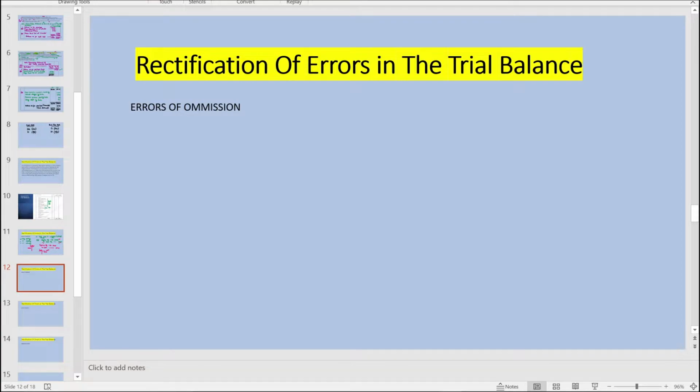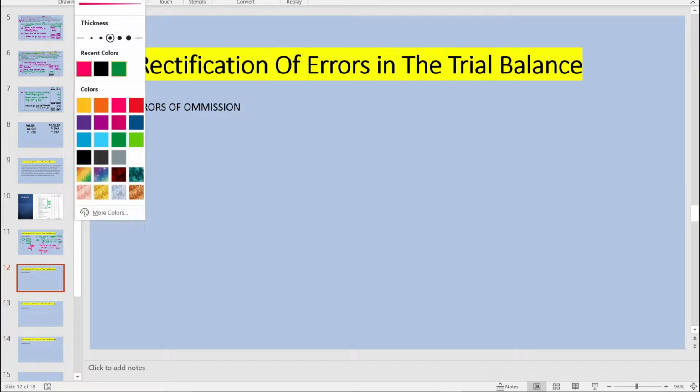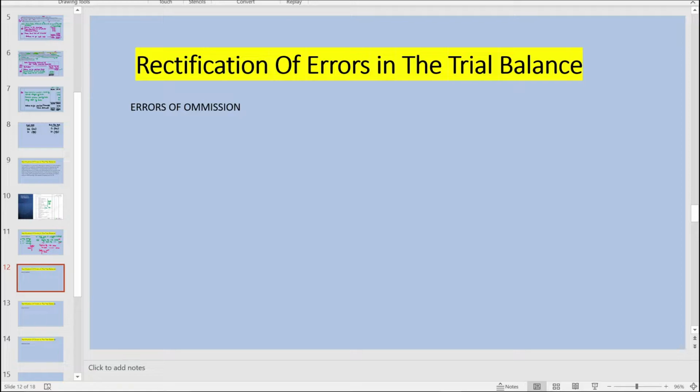The next one is error of omission. Now what is error of omission? Error of omission may be committed at the time of recording of transactions in the books of original entry. Here, at the time of recording in the books of original entry itself, there can be two types. One is complete omission of posting of a transaction. The other can be partial